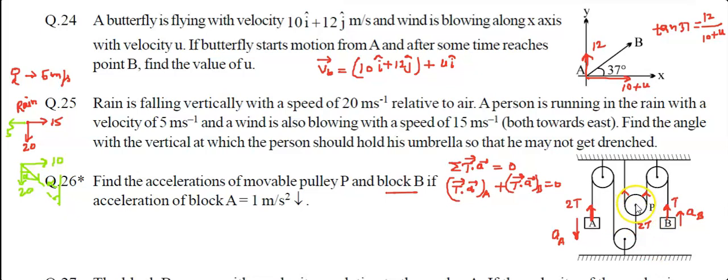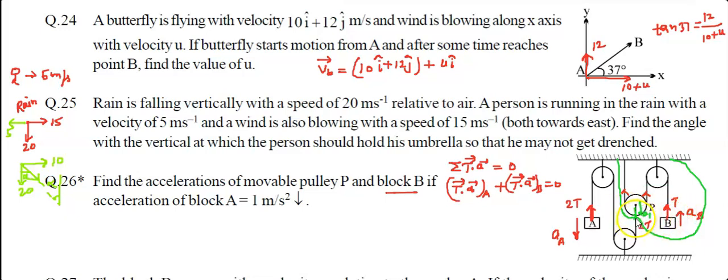So let's say we are interested to find the acceleration of this point, right? So this pulley will be moving with the same acceleration this thread is going to move with. Now you can consider this part and apply the same formula, or this part will be sufficient because B acceleration we have calculated. Now this has a tension 2T we have already talked about, and we can consider the acceleration of the pulley like this, and you can apply summation T dot A for these two elements so that we can get the acceleration